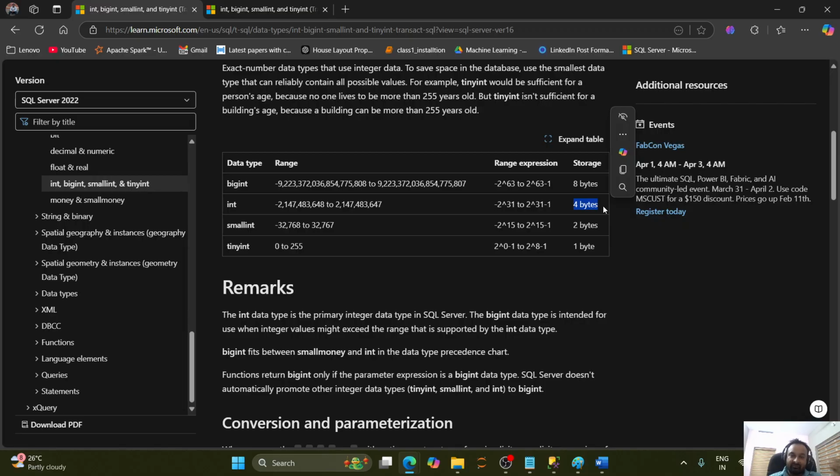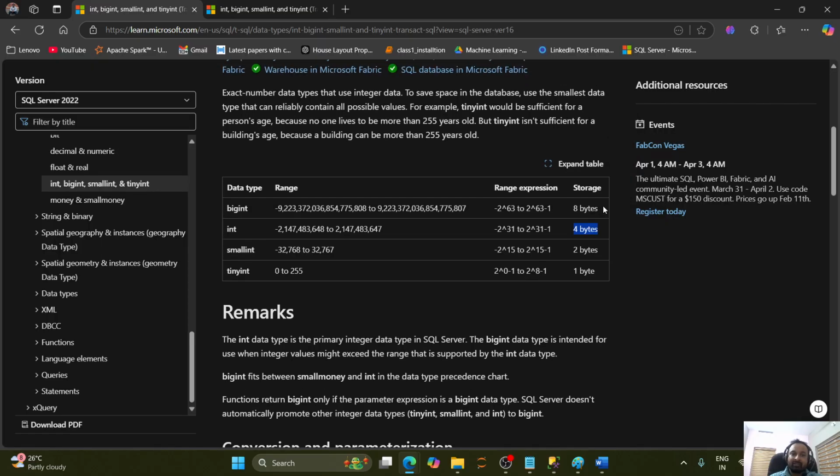For every row you have, you are wasting 3 bytes of data, and that eventually increases the size of your table, right? So the higher the size of your table, the slower your query will be. This small action of not paying attention to the right data type can bring you into the most complex performance issues later on. So being a good database developer, I want all of you to think about choosing the right data type when you create